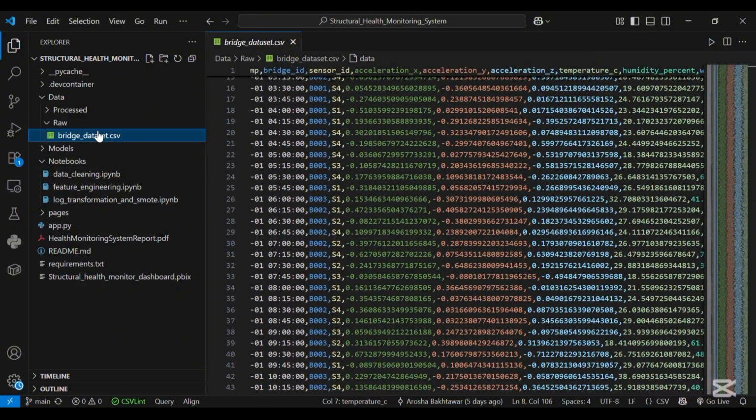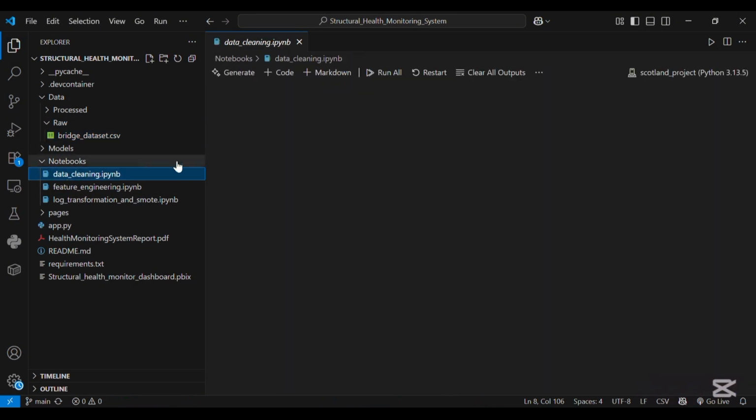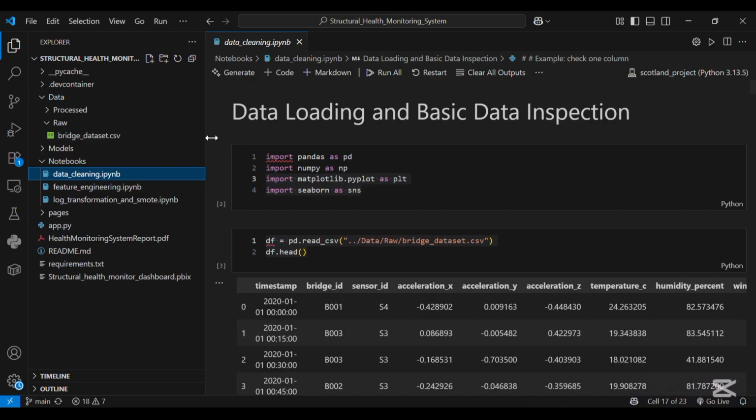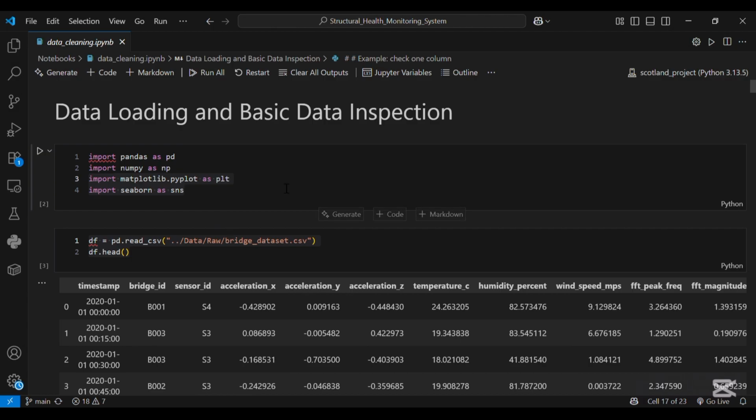So let's get started. Alright, first things first. Every Python data project begins with importing the right tools. Here we are bringing in the holy trinity of data science. Pandas, aliased as pd, is our workhorse for loading and manipulating the data in data frames. NumPy, or np, is for numerical operations, especially when we get into arrays and calculations. And finally, Matplotlib and Seaborn are our go-to libraries for creating beautiful and informative visualizations.